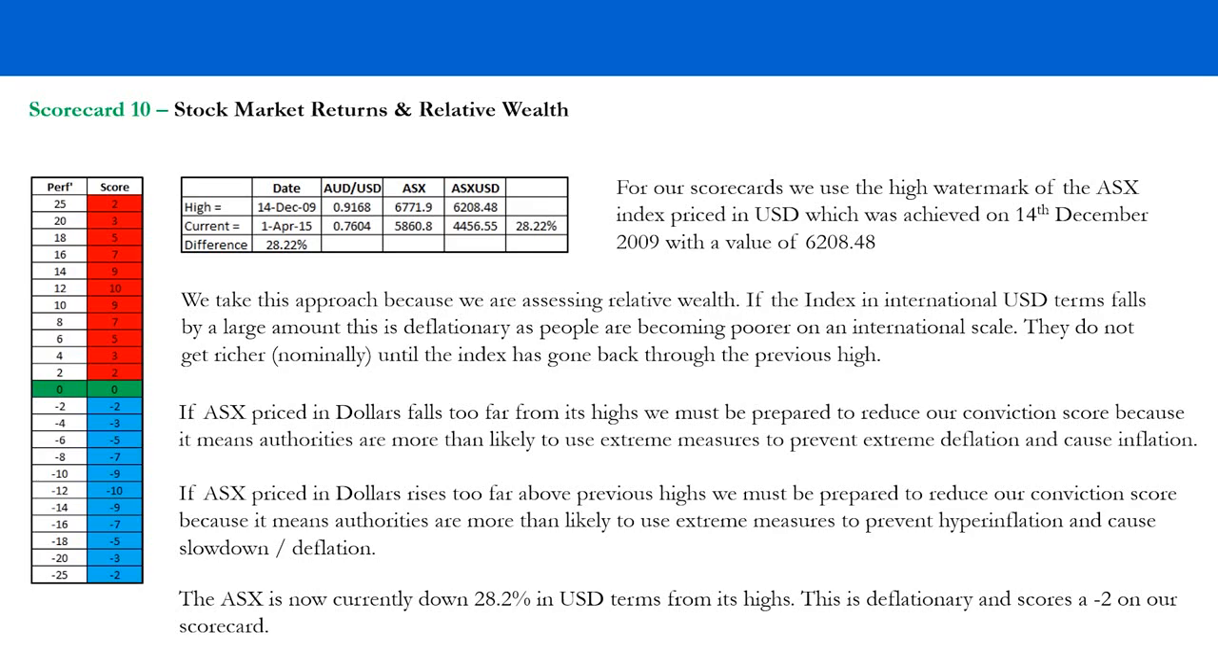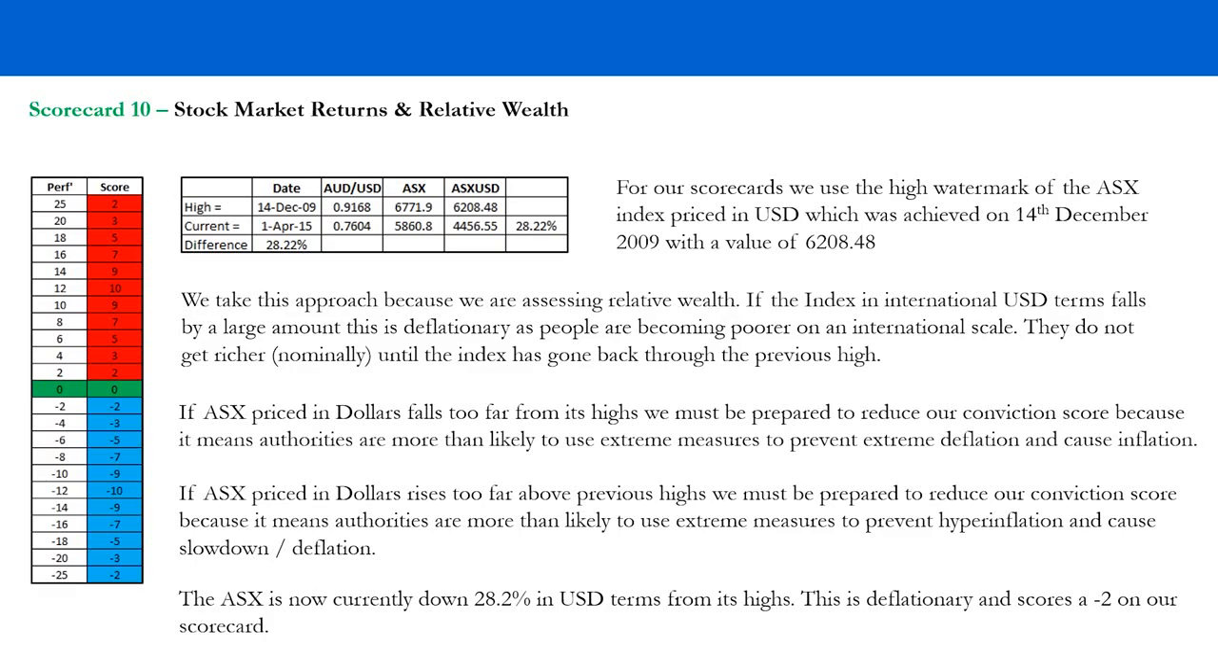It's fairly straightforward and logical. For the scorecards, what we're doing is using a high watermark of the ASX index priced in US dollars. What do we mean by high watermark? Well, we're looking at the high on the particular day where it reached that high and analyzing what it's done since. So the high watermark was achieved on the 14th of December 2009